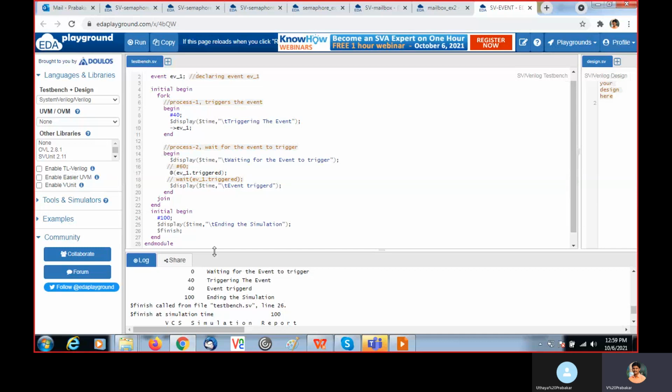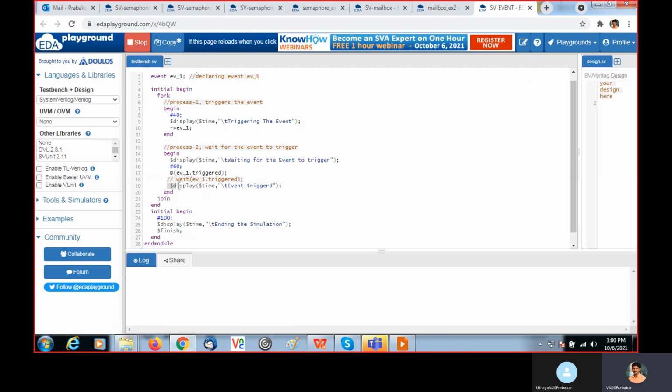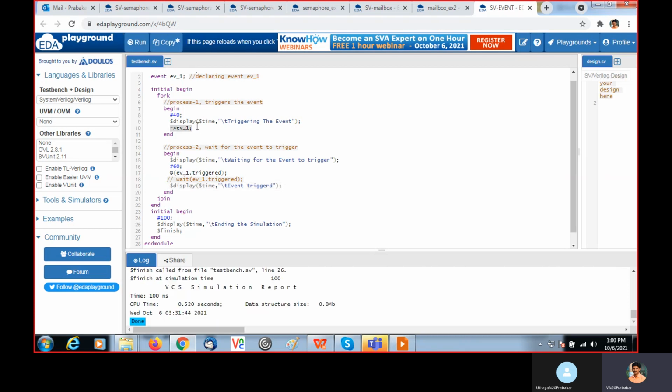Suppose, see here, if I introduce a delay, this one happens first, and then it is waiting for the event. So you won't enter into the below lines because it is waiting for the event to trigger, but the event trigger happened before reaching this line.